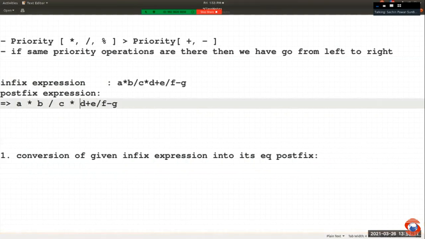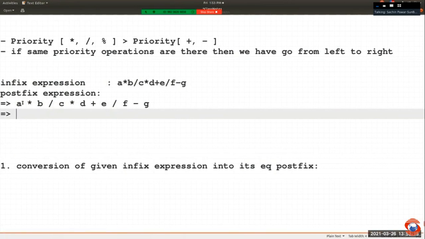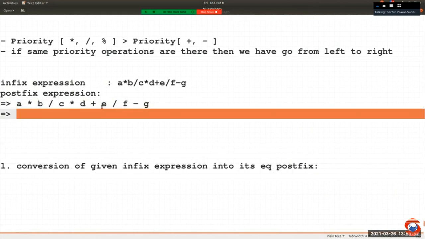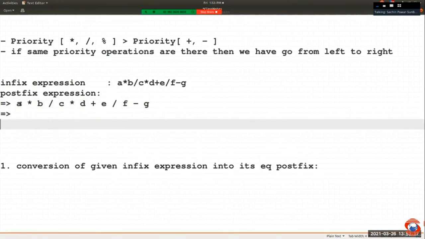We want to convert this expression into its equivalent postfix, right? So which operations are there? Multiplication, pay attention, multiplication, division, and subtraction. So which operation has the highest priority? Either this multiplication or this division. But pay attention, as we go from left to right,